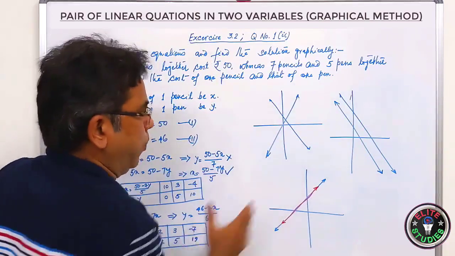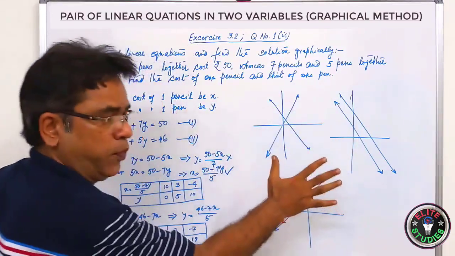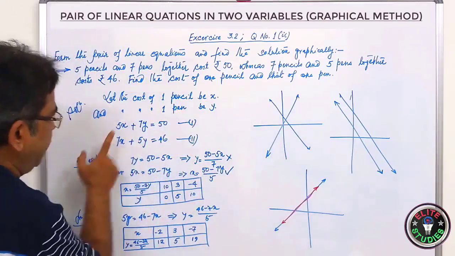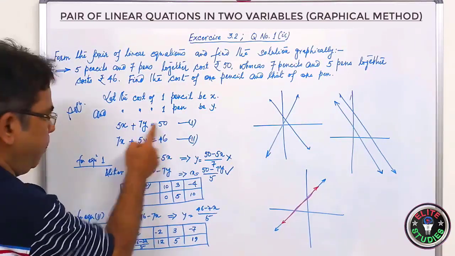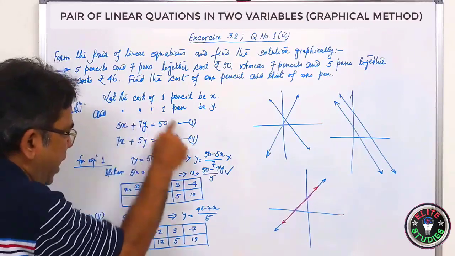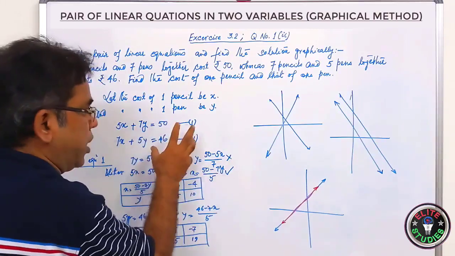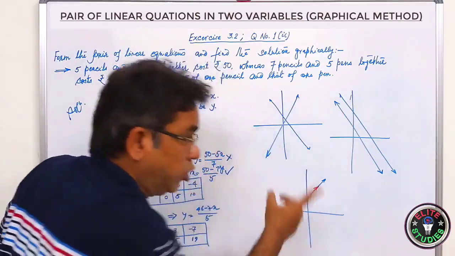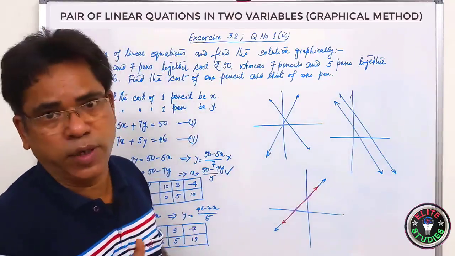Extremely important: you do not need to draw the graph. Only at a glance of the equations that are given, we will look at the coefficient of x, the coefficient of y, and the constant term. By looking at this and with a little bit of maths, we will understand whether the graph will be like this or that, without actually drawing the graphs. So that's it about today's class.